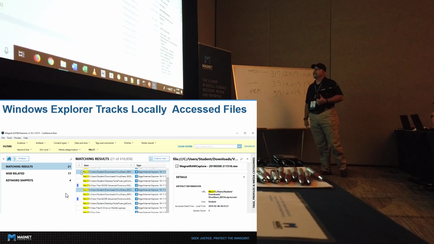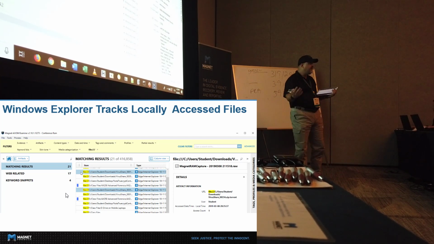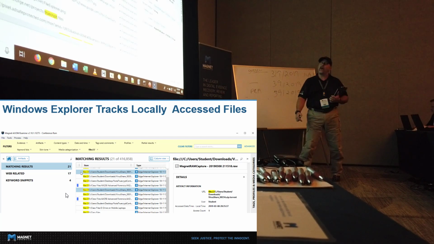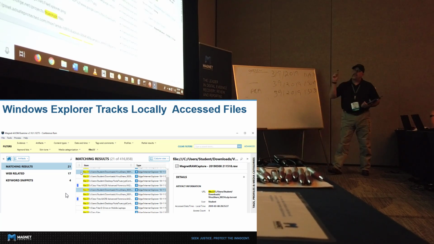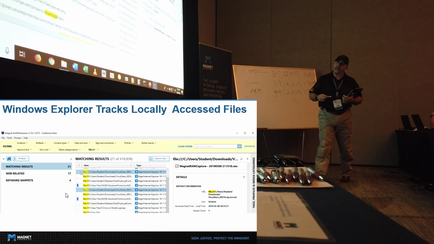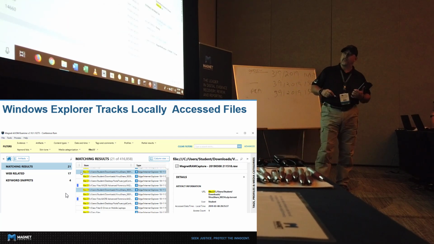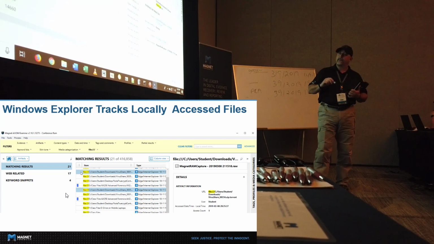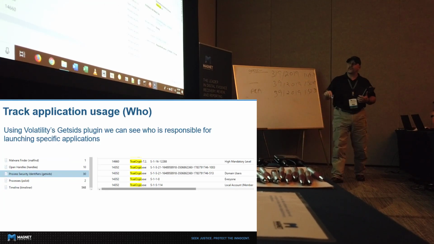Let's search for TrueCrypt again. Because I'm not worried about it. It only takes 10, 15 seconds to run this, so I'm not worried about how long it takes. Now when I'm in TrueCrypt, one of the things I want to look at is the memory. Open up memory. This is the volatility module. And I want to look at the one that says get SIDs. In the one that says get SIDs, 3 from the bottom,